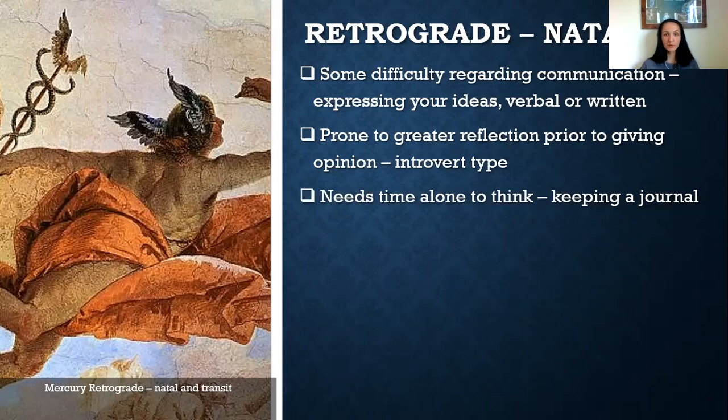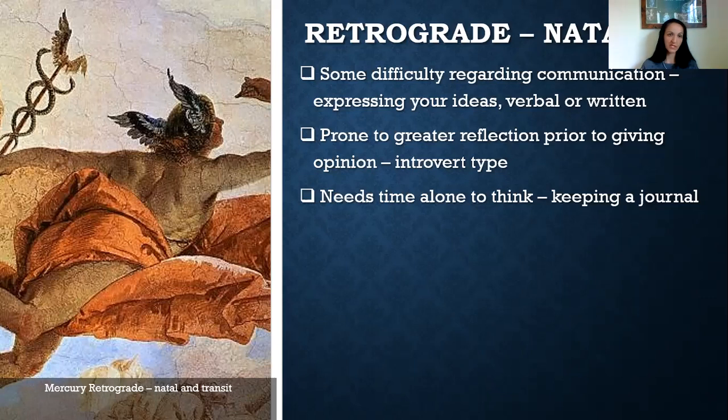And those people need time to be alone and to think. So it's very recommendable to keep a journal, because you don't tell your ideas to anybody. Actually, this is good for anyone, but especially for people with Mercury retrograde in their birth chart. So keep a journal and write your thoughts, and with time you can go back, because very often